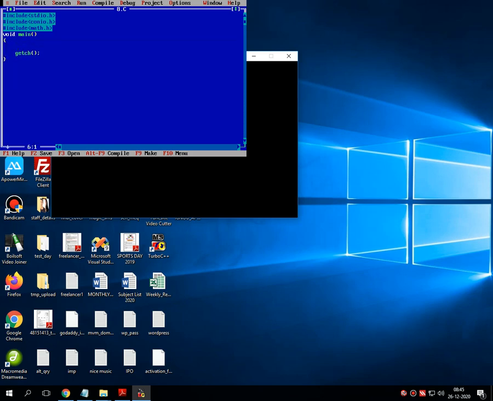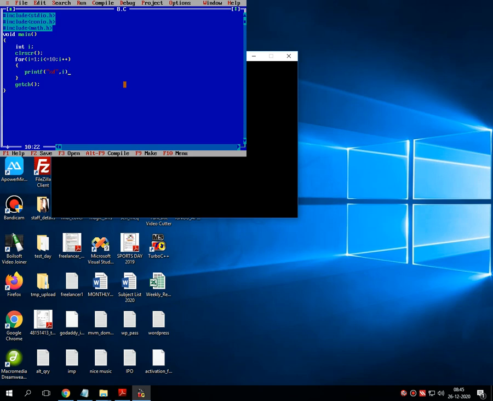For this program, first I am declaring one variable called a. Then after clrscr, let me declare i as an inputted variable. Then for i equals 1, i less than or equal to 10, i plus plus, and into the bracket simply I am printing the value of i.